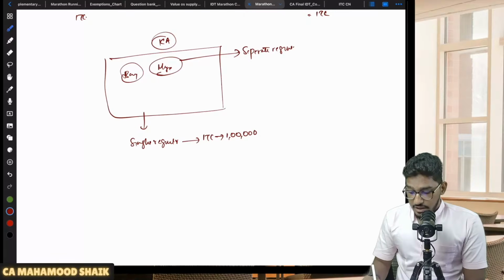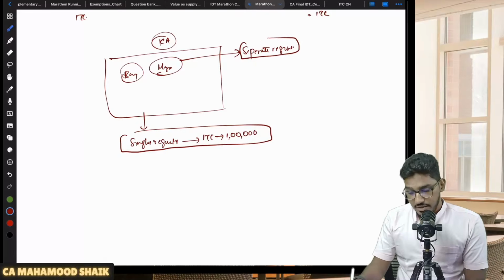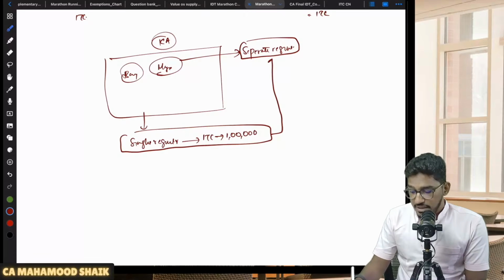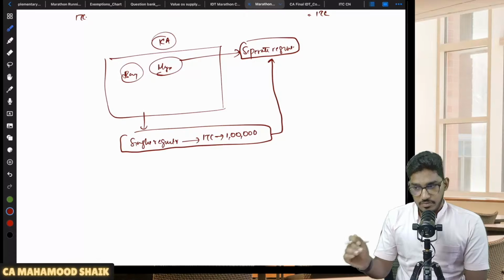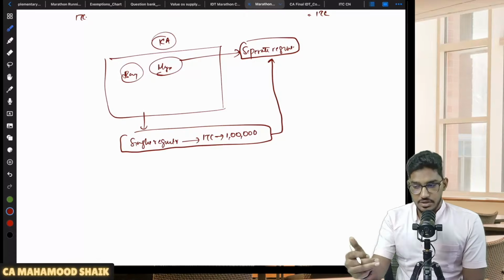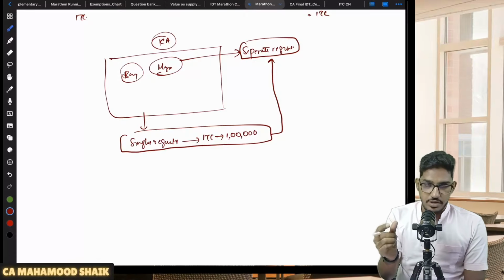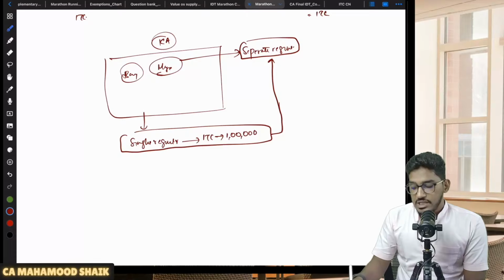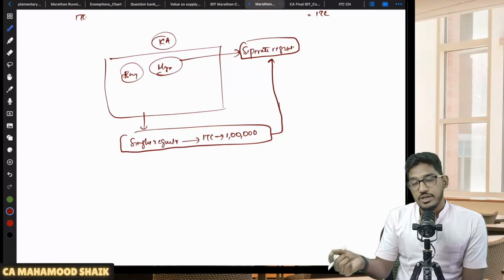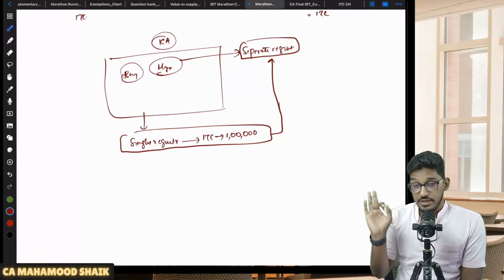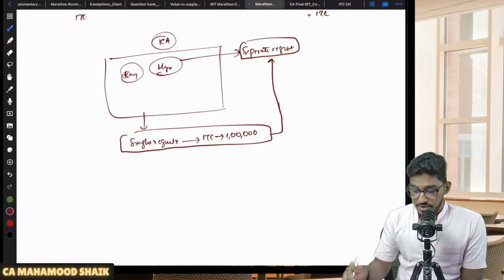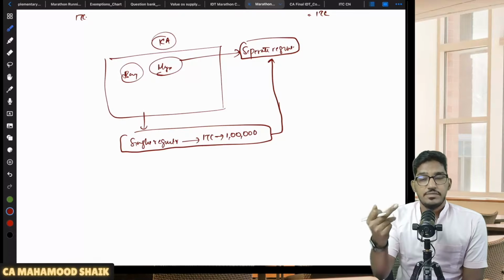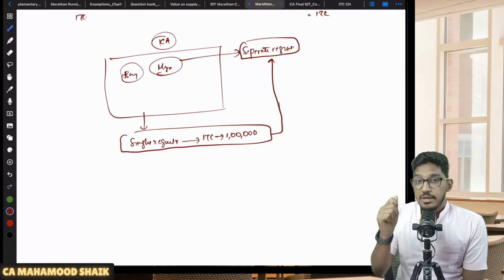Till now, my ITC balance is there under the single registration. But now I am taking a separate registration. Can I transfer my ITC balance to my separate registration? Yes. Within the same state, if you are taking a new registration, whatever ITC is lying under the old registration, you can transfer it to the new registration, not within a different state. But in which ratio, sir?